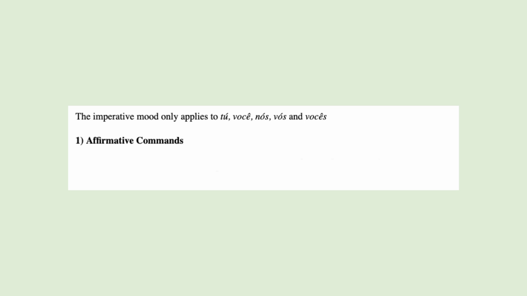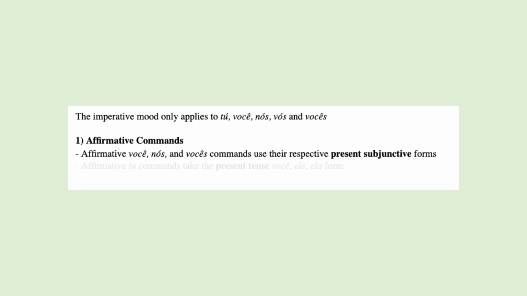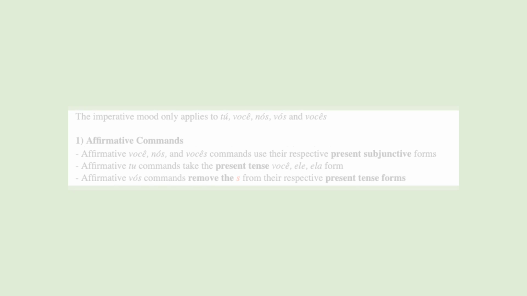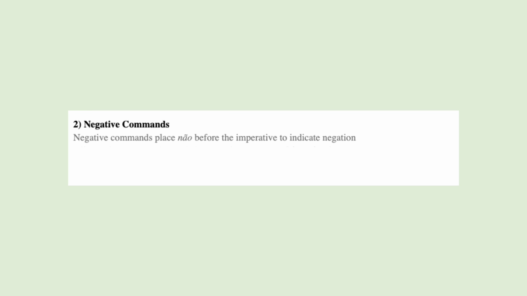And to review, the affirmative commands for você, nós, and vocês use their respective present subjunctive forms. The affirmative tu commands use their third person singular present tense form. And affirmative vos commands remove the s from the respective present tense form. Negative commands place no before the verb to indicate negation, and again, all negative commands use their respective present subjunctive